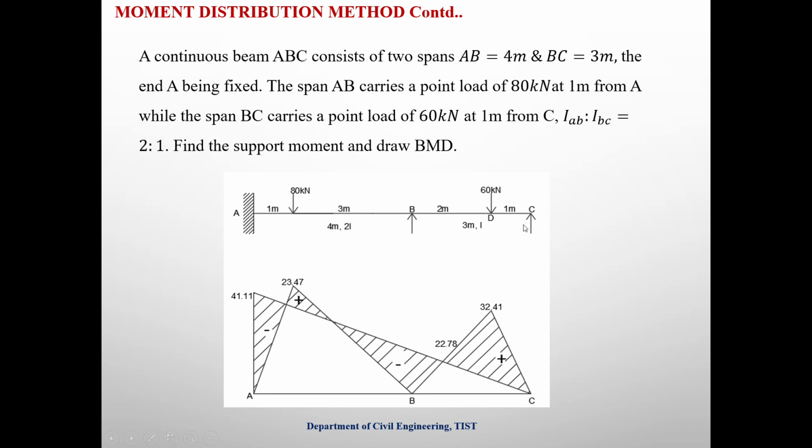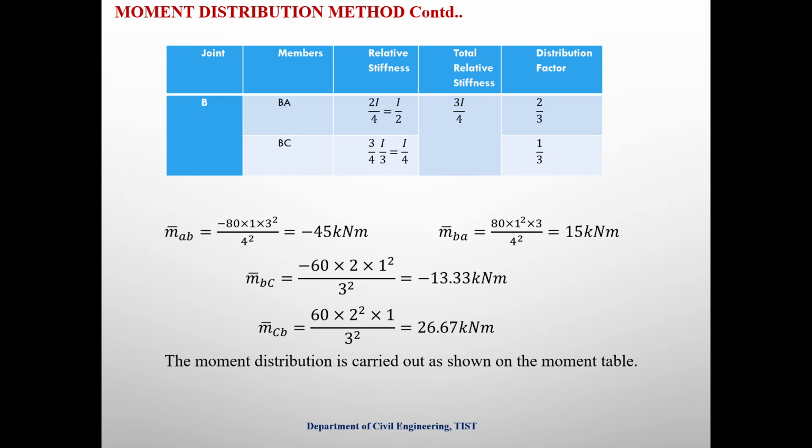As I said, the first step is the fixed end moment. In the case of M bar AB, since it is an eccentric point load, that means minus W a b squared by L squared. M bar BA is W a squared b by L squared. M bar BC is also subjected to an eccentric point load, that means M bar BC is also minus W a b squared by L squared and M bar CB is W a squared b by L squared. Find out the fixed end moment by substituting these equations.